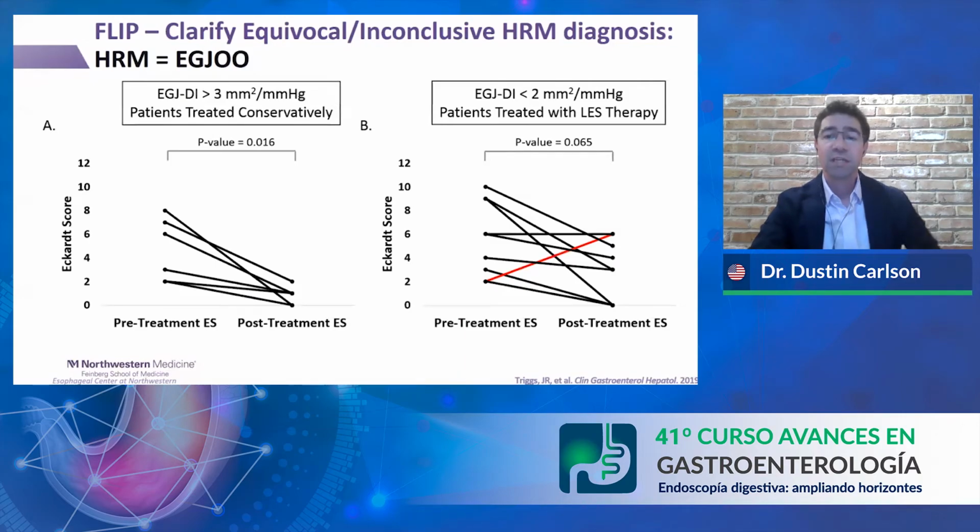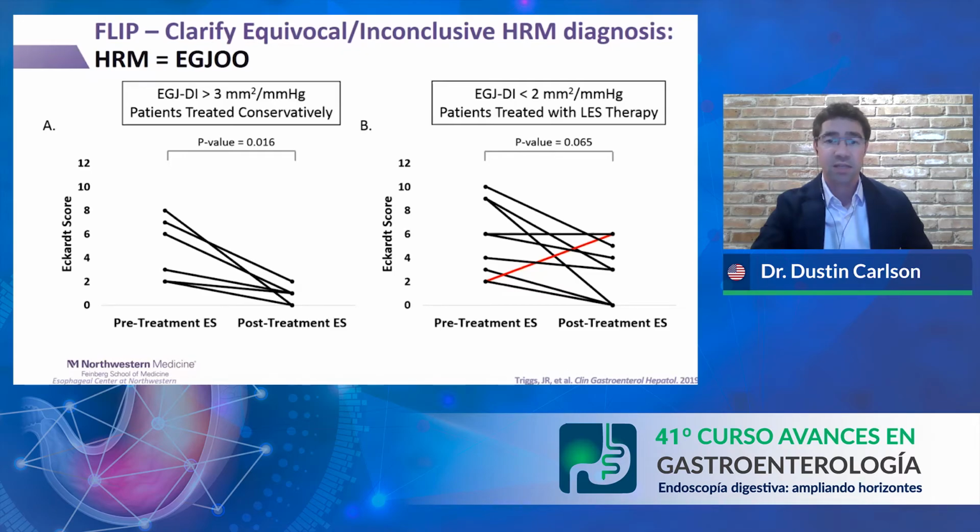So additionally, we retrospectively reviewed treatment plans and symptomatic outcomes and found that these patients that had a DI greater than 3 that were treated conservatively, typically with acid suppression or as a functional disorder, had symptomatic improvement on follow-up. Whereas patients with the reduced EGJ-DI, such as those less than 2, 9 of 24 were treated with LES-targeted therapy, and this included botulinum toxin injection, pneumatic dilation, POEM, and even Heller. And 78% of these patients had symptomatic improvement. The one patient with the worst treatment outcome, here in this red line, was treated with botulinum toxin injection and had a short-term initial improvement, but then followed with symptomatic recurrence. So overall, this further supports the role of FLIP to clarify the inconclusive or equivocal manometry findings associated with the